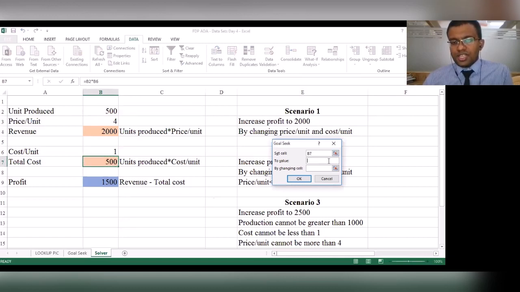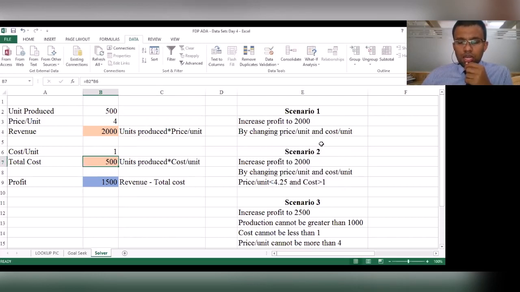because goal seek gives me a window to consider only one variable at a time. So I cannot carry this out using the goal seek option. This is the place where I have to apply the option of solver analysis. I had already mentioned solver analysis is an add-in that comes with Excel. Now I will show you how you could enable solver analysis on your systems.